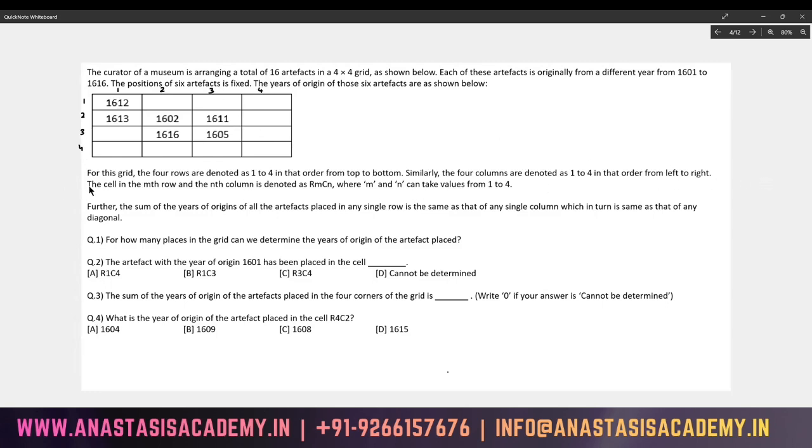The cell in the mth row and the nth column is denoted as RMCN, where M and N can take values from 1 to 4. But this is basically the nomenclature for referring to a particular cell. Further, the sum of years of origins of all the artifacts placed in any single row is the same as that of any single column, which in turn is the same as that of any diagonal. This is very interesting because they're saying the sum of each row is identical,